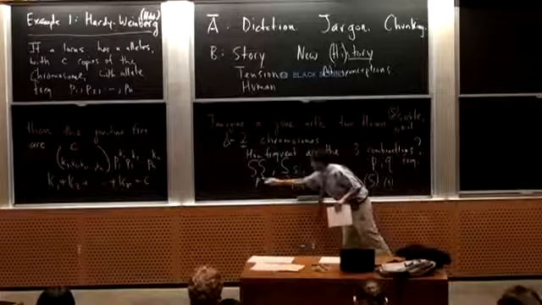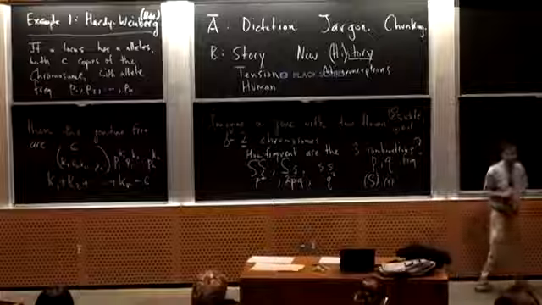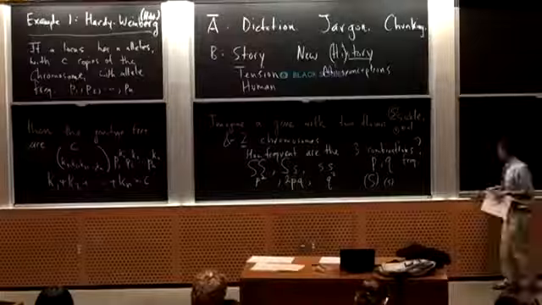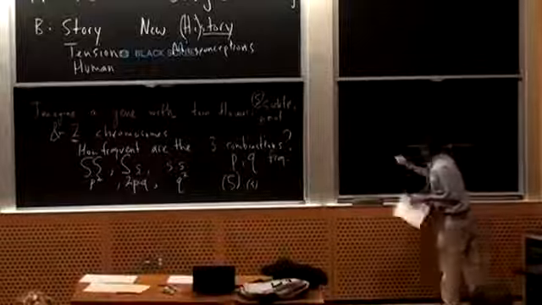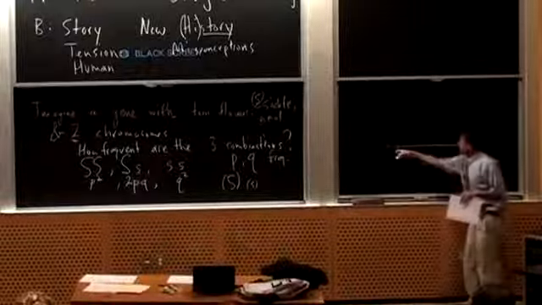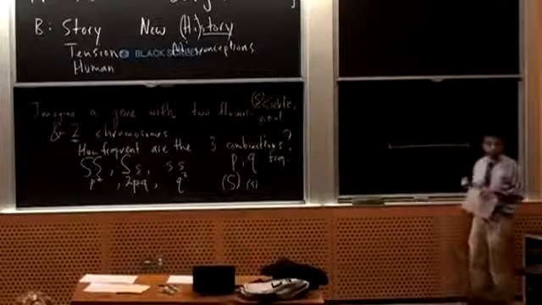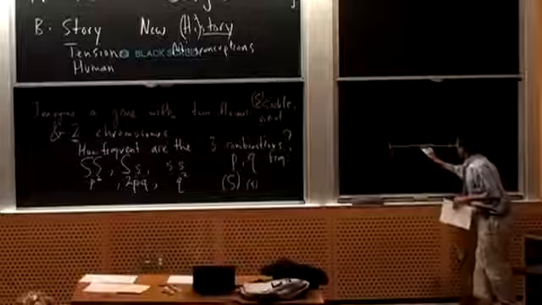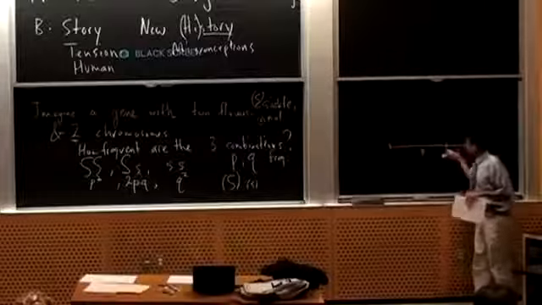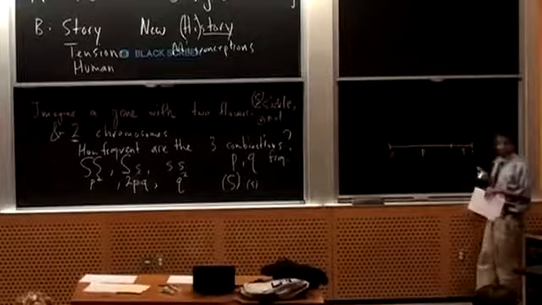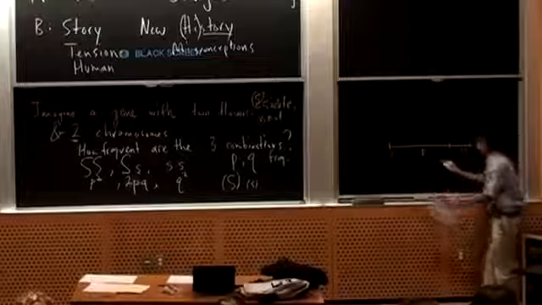But how can we make sense of the P squared, PQ, and Q squared? And so that's where I would continue with the following, which is this. So here is 0 to 1. And this is P. And that's Q. So this is the frequency of sickle cell. This is the frequency of not sickle cell. So right away you have P plus Q equals 1.